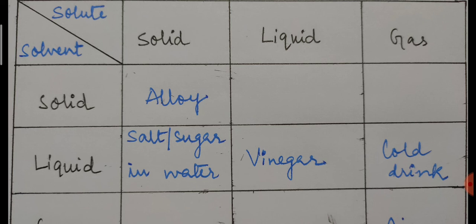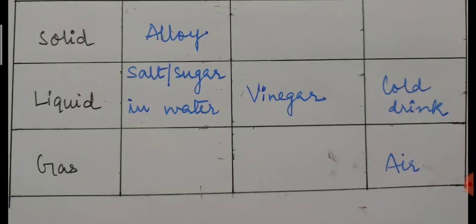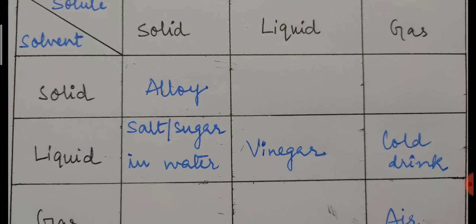Then gas in liquid solution, because here gas is solute, for example cold drink. You must have studied, or you must know, that in a cold drink, carbon dioxide gas is dissolved at very high pressure. So here carbon dioxide gas is the solute, which is gaseous in state, and the solvent is in liquid state, and that is why cold drink is an example of gas in liquid solution. See, the way I am telling is very important: solid in solid, solid in liquid, liquid in liquid, and gas in liquid. The way I am saying is very, very important, and you should be able to give examples in each category. Then the last one is when solvent is gas and solute is also gas.